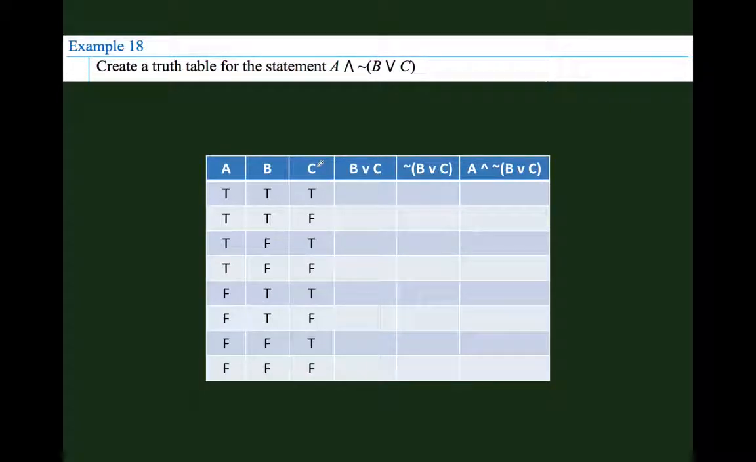And again, our goal is to evaluate or create the truth table for A intersect the complement of B union C. And like in previous examples, we build up to that final statement of truth based on intermediate steps. We start inside the parentheses with B union C. So that's going to cause me to focus on these two columns, column B, column C. And again, keep in mind we're talking about the union here,